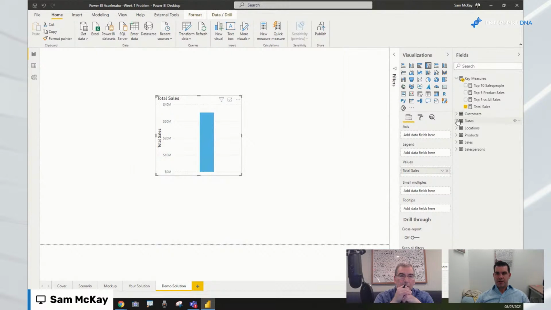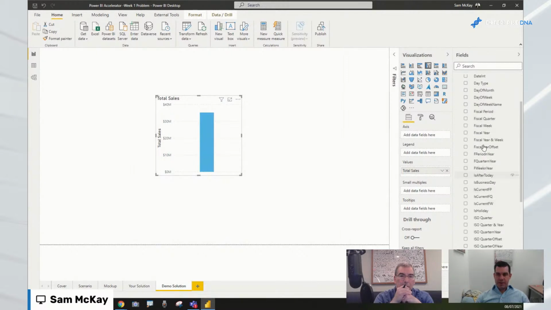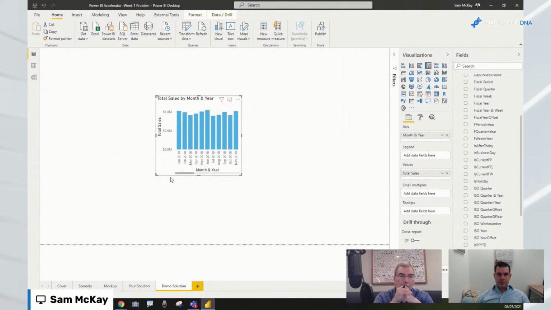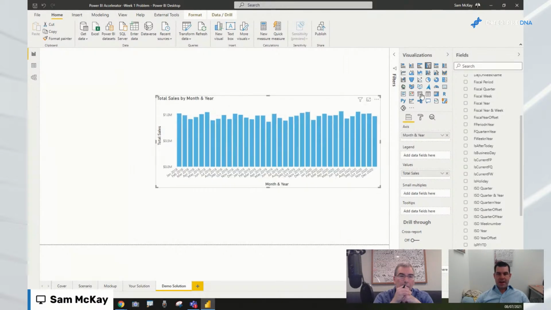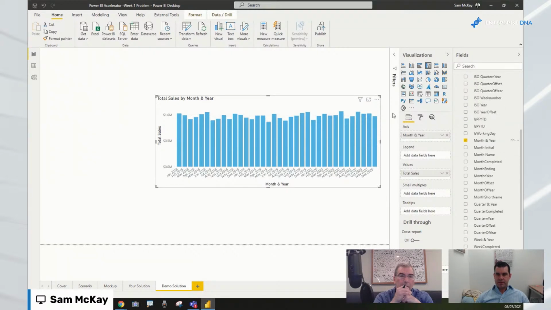Okay. So I'm going to grab, in my date table, my month and year. And this month and year is going to provide the context for my chart like that. Now, the other thing we want to do, though, is we want to be able to break this down by year. So